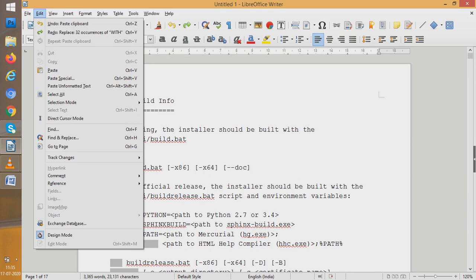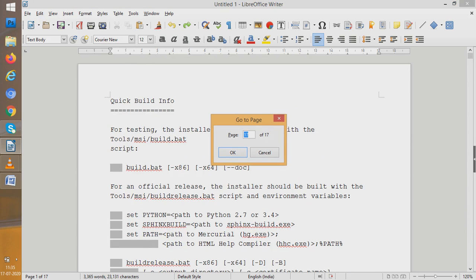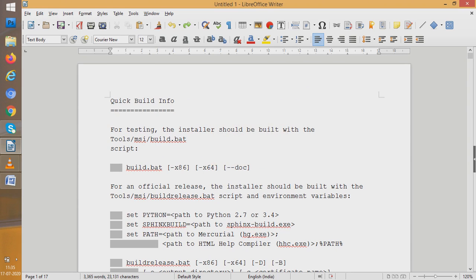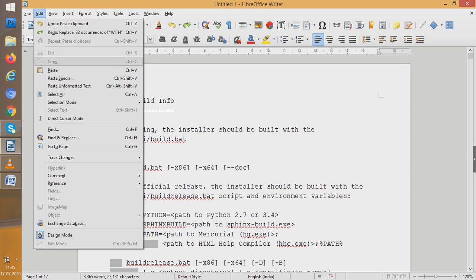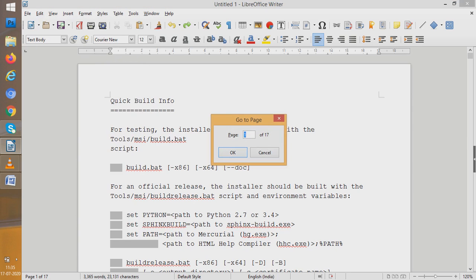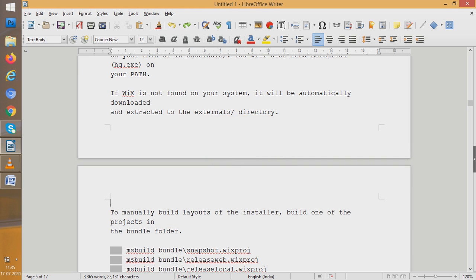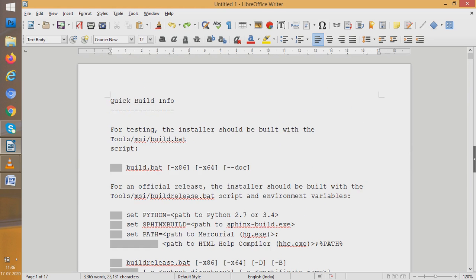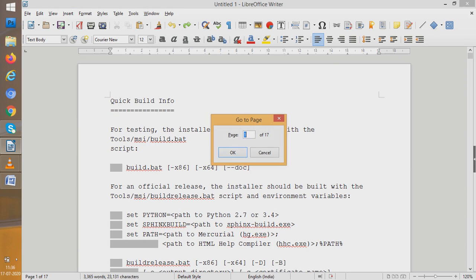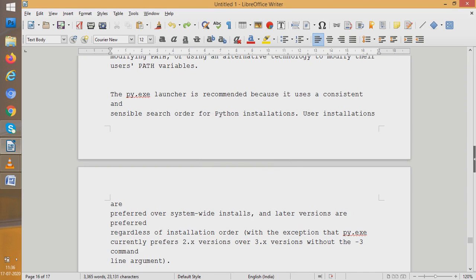See, edit, go to page. If I want to go to the 5th page, where I am, say, at this first page, I want to go to the 5th page. So I'll write go to 5 and I'll write OK. So now see, I am in the 5th page, the starting of the 5th page. Similarly, if I want to go to the 16th page, I am here, I'll say edit, go to 16 and I press OK. So I am in the 16th page, the starting of the 16th page.